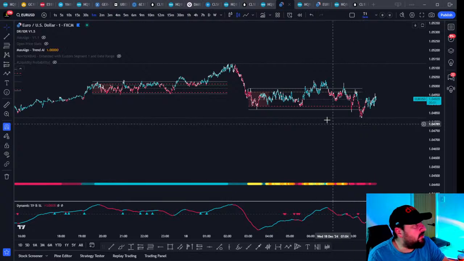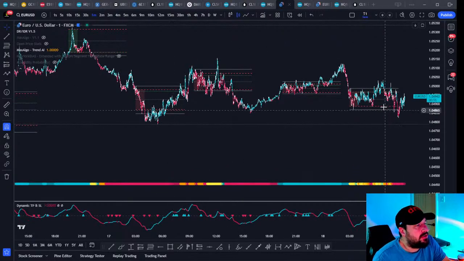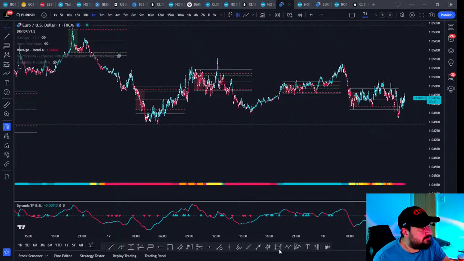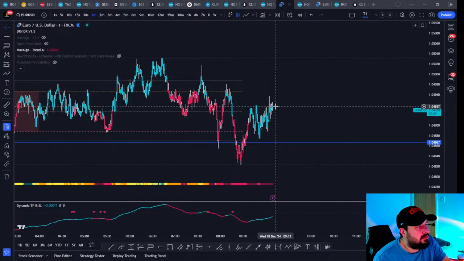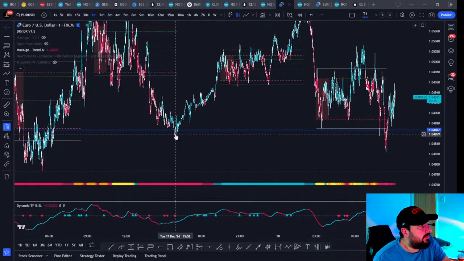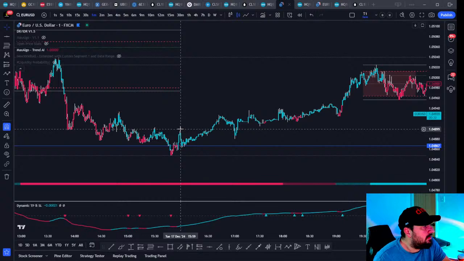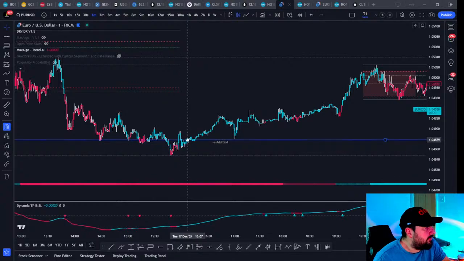Can't really see much on Euro. The only thing I'm seeing on Euro is that here is last night, right, and this is where we closed. So we'll have to come back to this level unless we're going to open up with a gap, right? It's around there. Where's the exact price? I think it's that one, isn't it? About there.